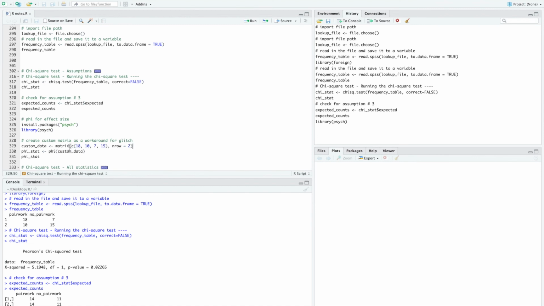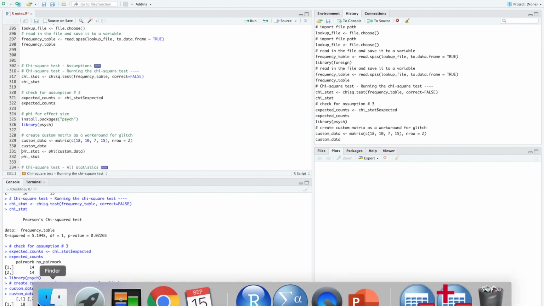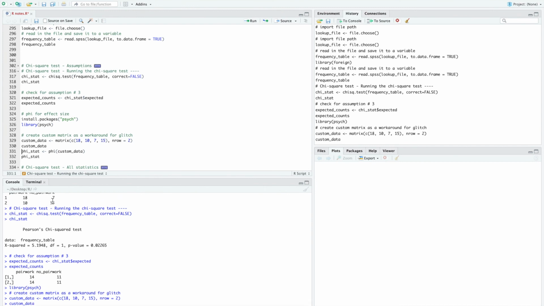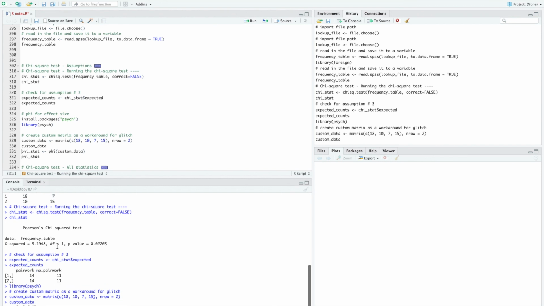So I'm making a matrix, and then in that matrix I have C open parentheses, so this is a vector. And then I have my 4 pieces of data, 18, 10, 7, and 15. And then I'm saying I want 2 rows. So whenever I run this code, it's going to give me, and I can show you what custom data looks like. So here we have 18, 10, 7, and 15, and 18, 10, 7, and 15 inside a matrix. So they look very similar,